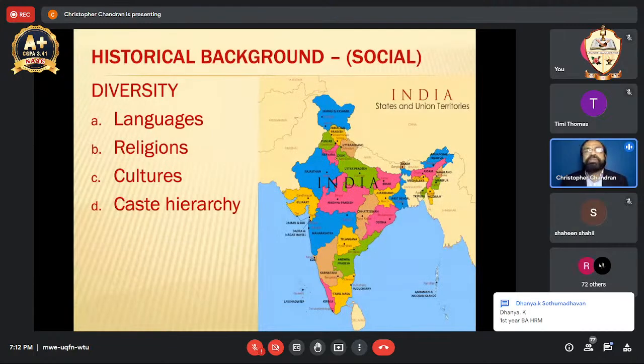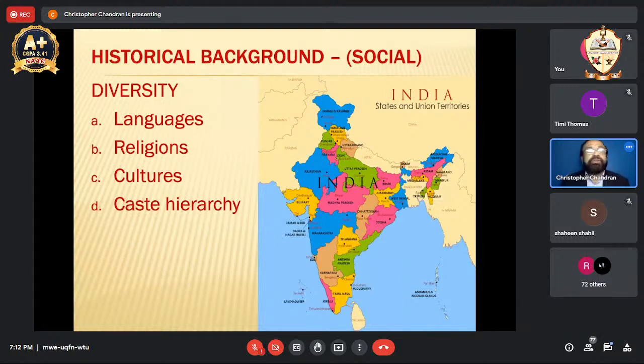From the social side, we have more than 2,000 languages and scripts in India. We have umpteen religions, different kinds of culture, even within a state. Districts have different cultures. We have a very strong caste hierarchy. We might be boasting of unity in diversity, but the problem is, how do you bring all these